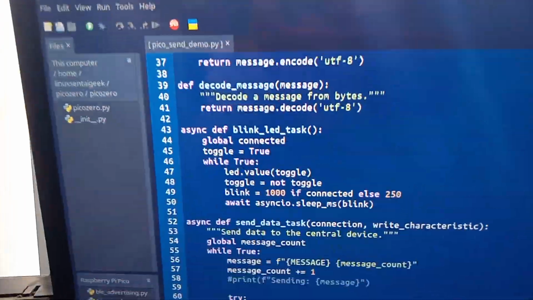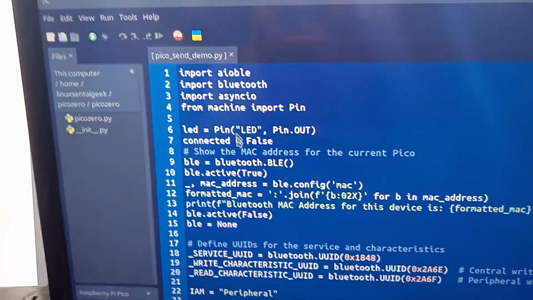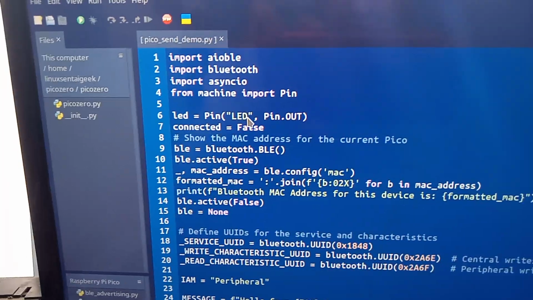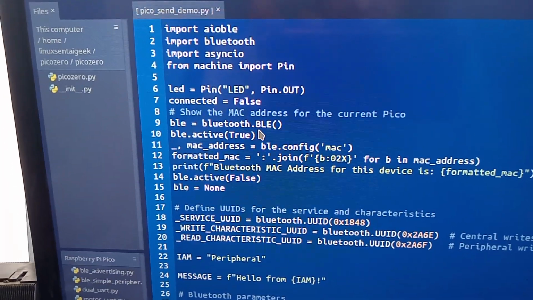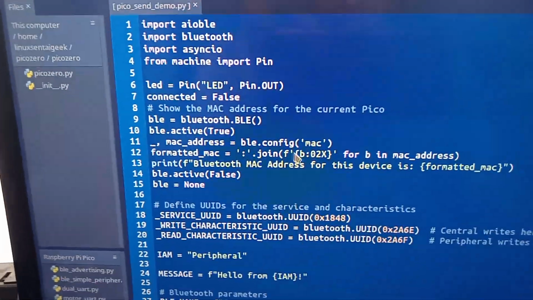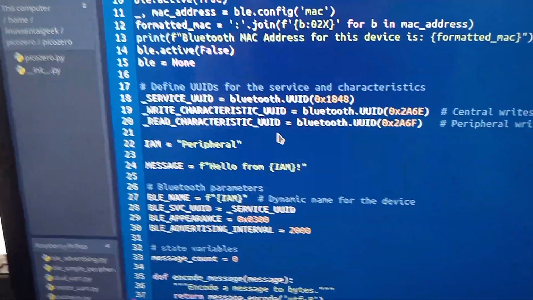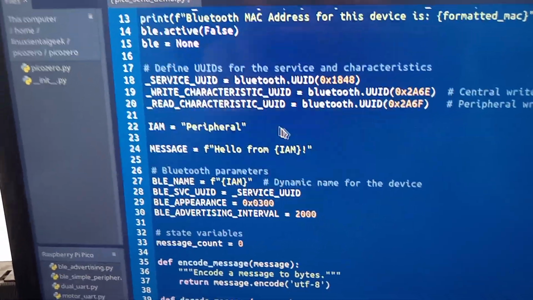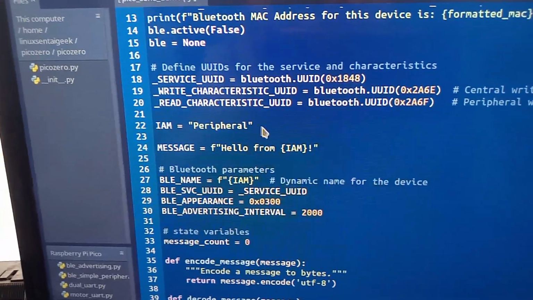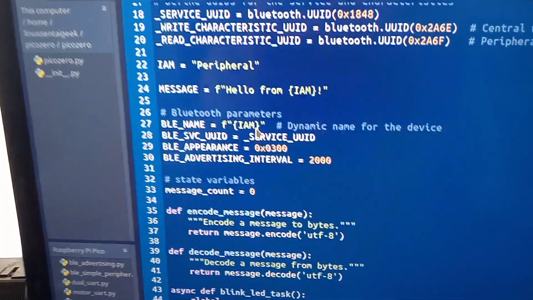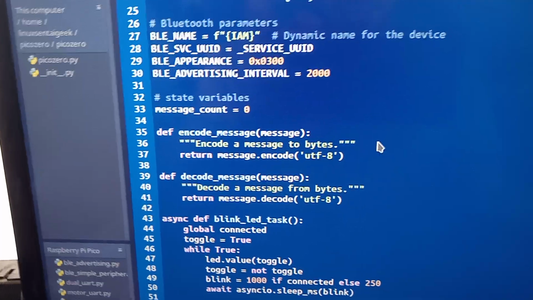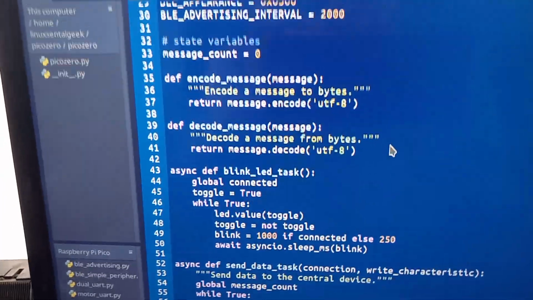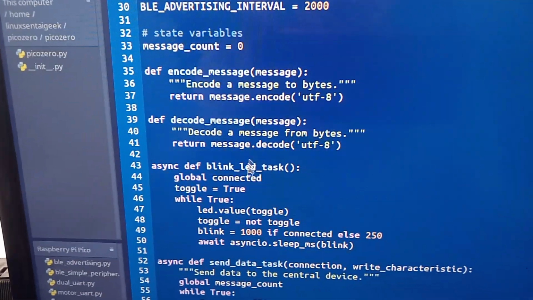So for Thonny, let me expand it a bit more. We have the libraries. We define the LED, which is the internal one. We set connected to false. We create a BLE client. We set up all the information required. Then we set up our UUIDs. Then we have our message here. You can change this if you want, of course. Then we have our functions. Notice we have a message count, but this is not necessary, at least for this. You can keep it if you want. Then we have our